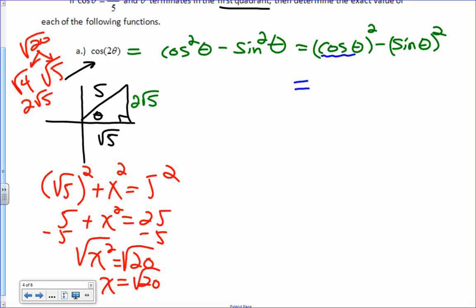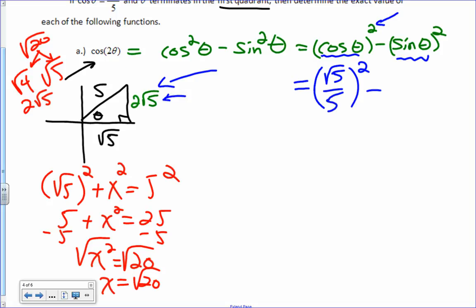Do I know cosine of theta? Again, just theta, not 2 theta, just theta. I do. That's what this picture is all about, isn't it? So it is cosine. It is square root of 5 over 5, which I have to square, minus. Do I know sine of theta? We can figure it out. Right? If we go over here and do opposite over hypotenuse, right? So 2 square root of 5, that's opposite over hypotenuse. So it's 2 square root of 5 over 5 squared is going to equal